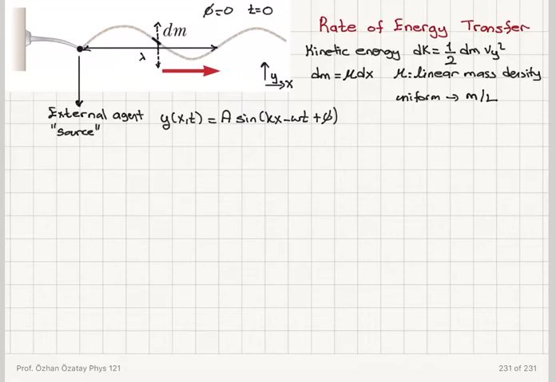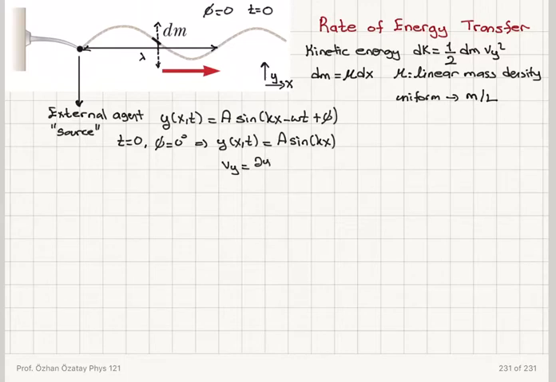So with these two simplifications, t is 0, phi is 0 degrees, I have the wave function given by A sine kx. Then what is the velocity,